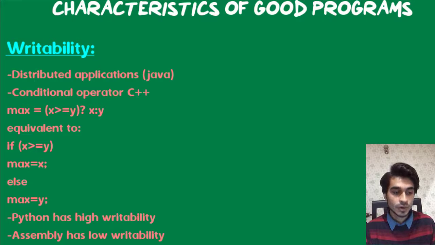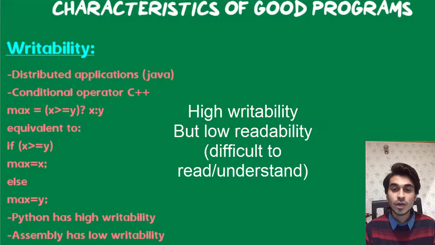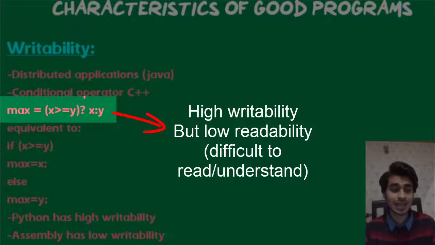Here we have the code of a maximum function. The function accepts two integers, x and y, and returns the number that is the higher of the two. In C++ or in C, we could write it in one line through the conditional operator: max equals x is bigger than or equal to y question mark x colon y, which is equivalent to: if x is bigger than or equal to y, then maximum is equal to x, else maximum is equal to y. So here we see that while our writability has increased, our readability has decreased as well, because the